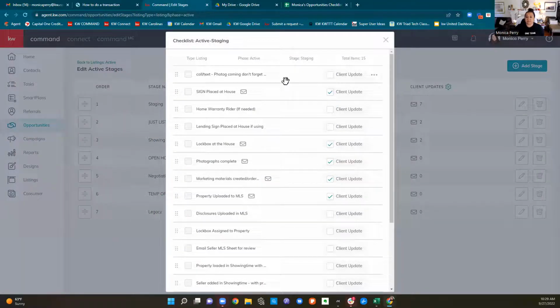So call and text my clients to let them know if the photographer is coming. Don't forget to move your cars out of the driveway. Don't forget to depersonalize the house, right? I have an email for that. Sign placed at the house. If I want them to know that I did it, I can check this client update box here. And then in that specific opportunity, when I check off that I put the sign out, at whatever time I've